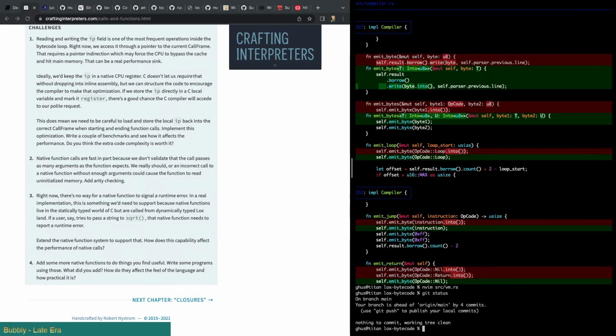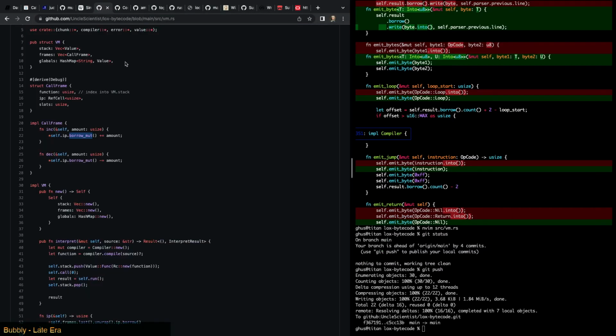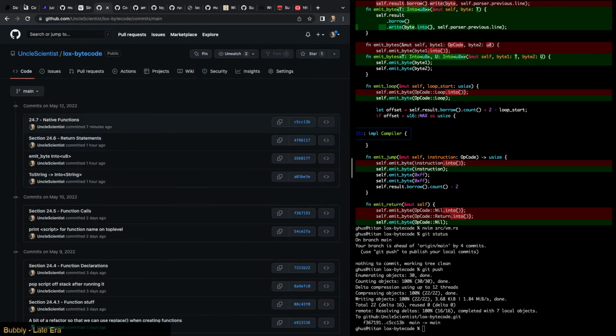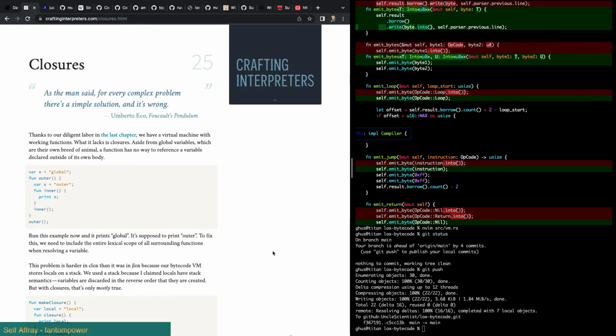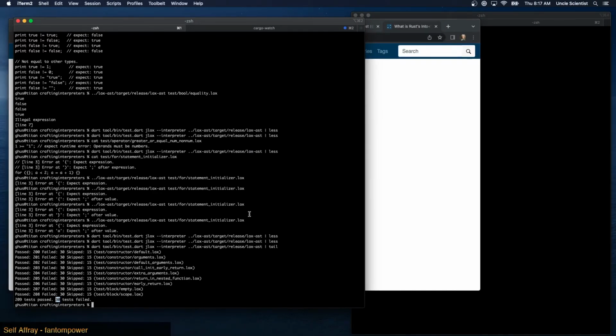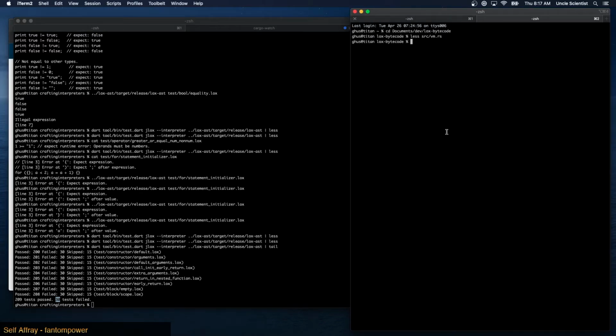Are we clean? We're clean. Let's just push this up. And then take a look at the next commits. There we go. So we've done this so far. I think we can actually get started on closures. I have a little bit more time. Or should I save it? Yeah, I'll save closures for tomorrow, because I want to work a little bit. I keep forgetting to work on this. This is something that's important.